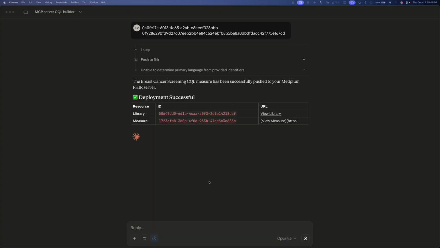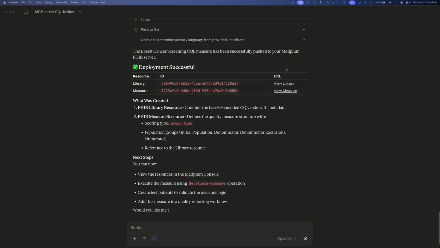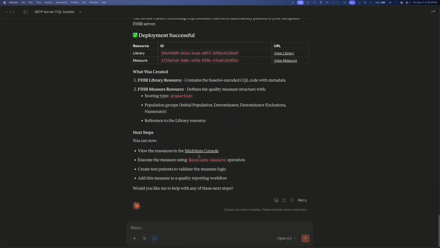So there it is. Now it's been deployed, and we can view this in MedPlum. So we can either execute, evaluate, measure, we can create test patients, or we can add this measure to quality reporting. We're actually going to go ahead and use the CQL-to-SQL converter now to convert it to SQL.